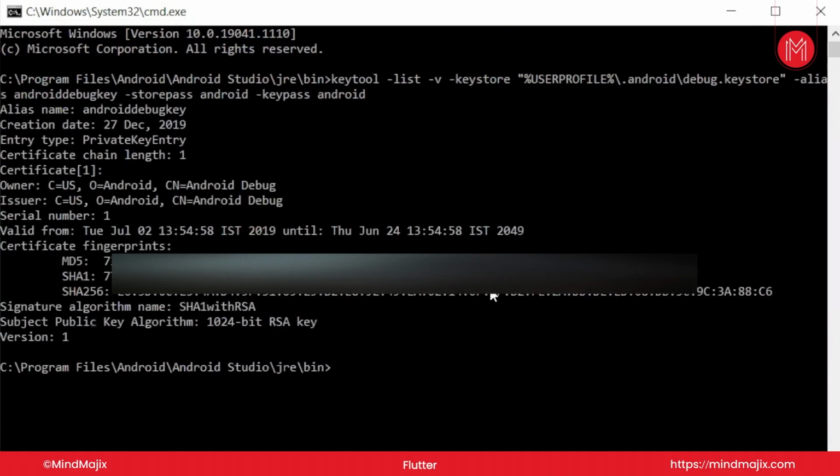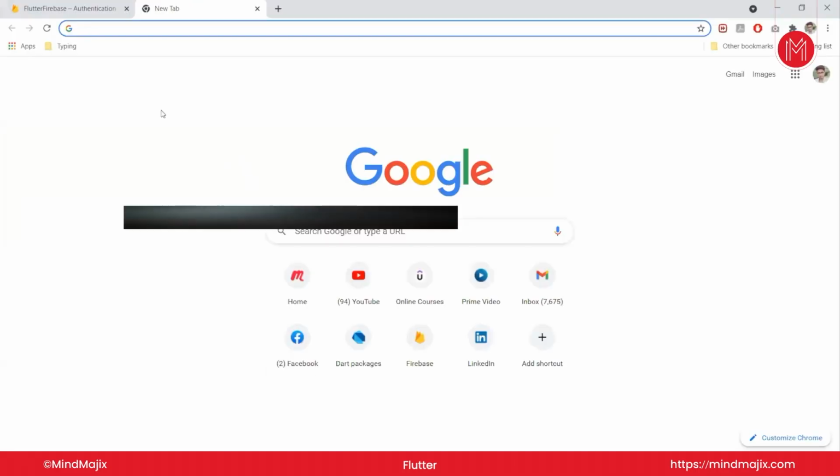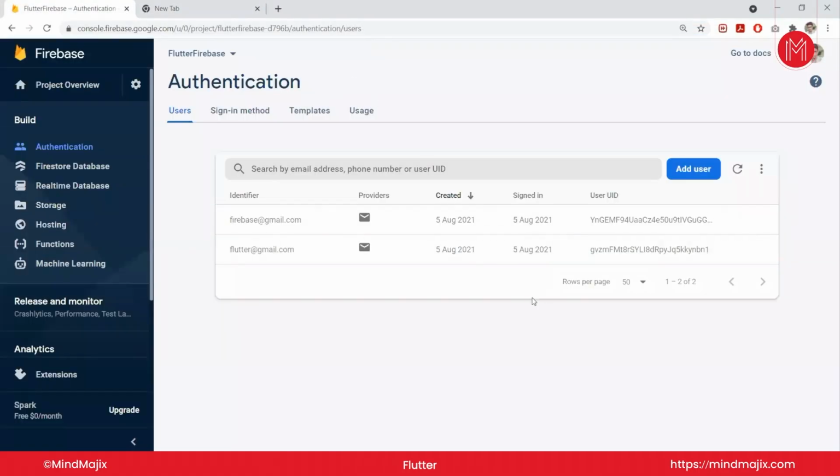You will get this kind of output where you will find MD5, SHA1 and SHA256. Since it's very confidential information, you should not share this key with other people. Now just copy the SHA1 key, bring out your Firebase dashboard,